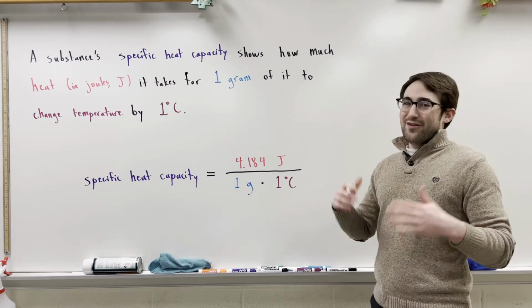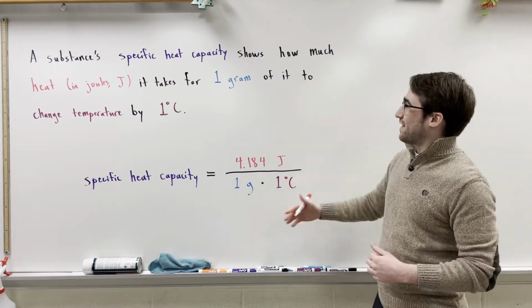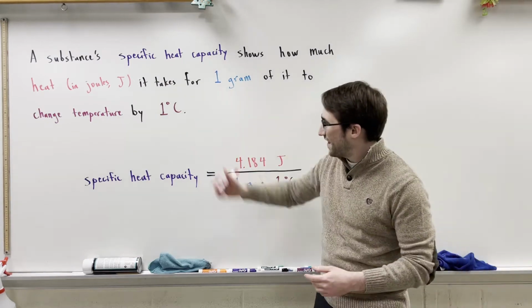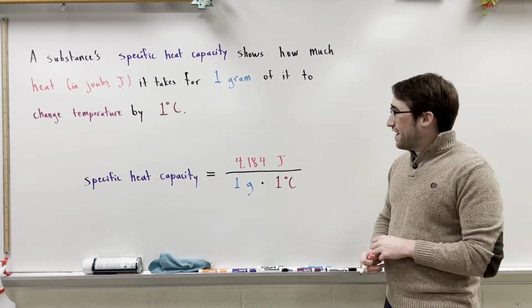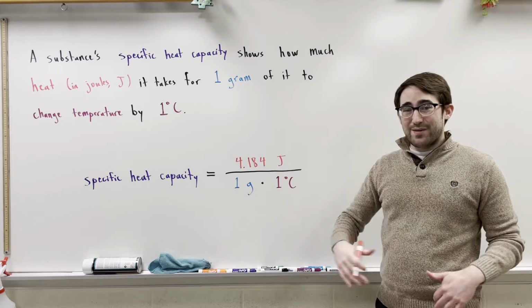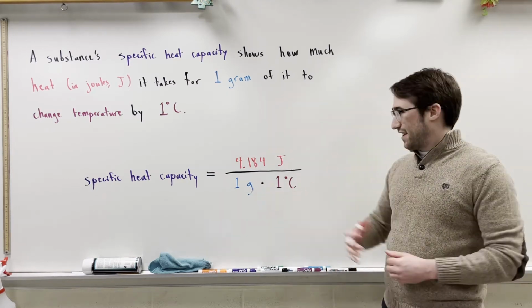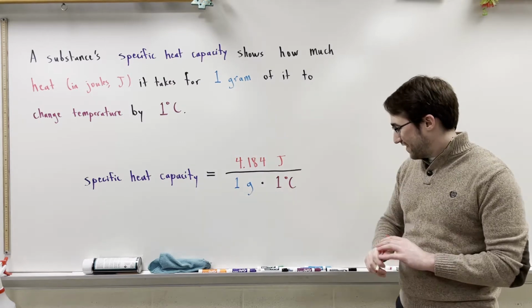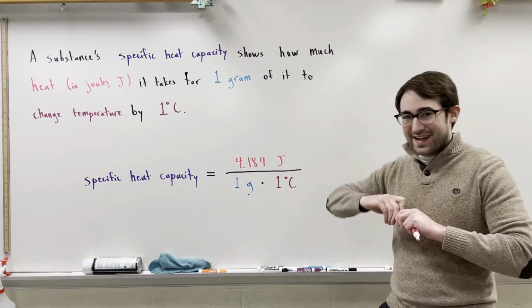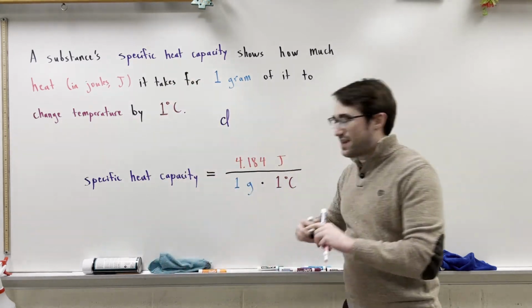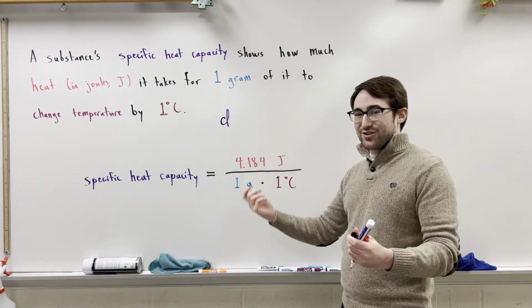Okay, now, of course, a lot of times you aren't going to be working with exactly 1 gram of a substance or changing its temperature by exactly 1 degree Celsius. That's kind of silly. So in cases like these, we usually make a ratio or a rate, something like per gram per degree Celsius. Or like how when we talk about density,